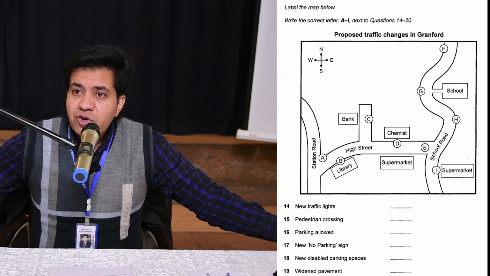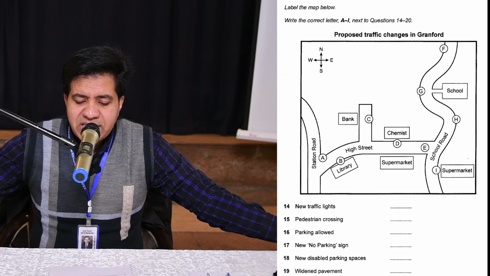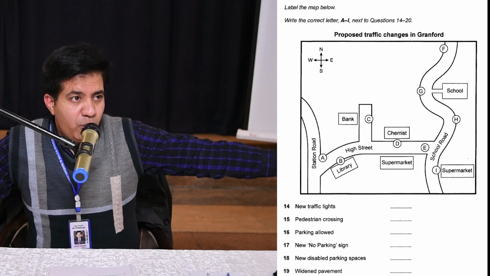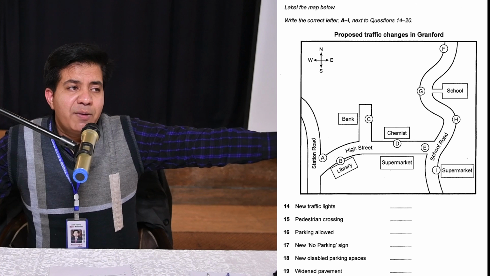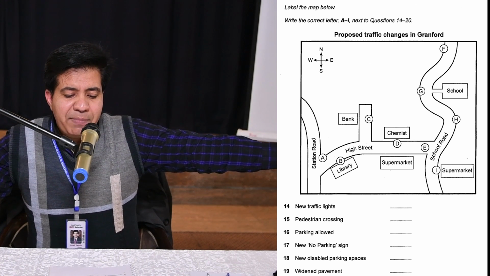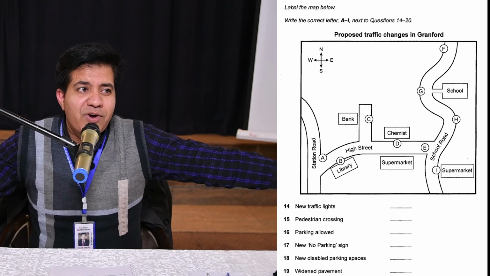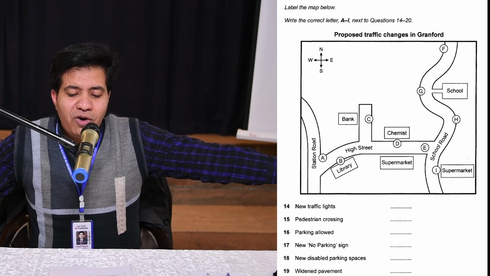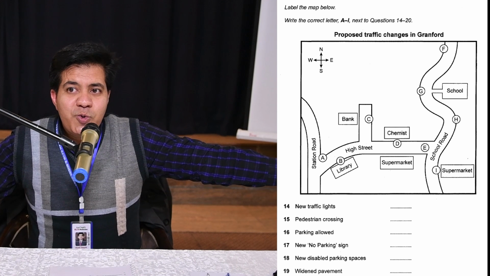We have Station Road, we have High Street and we have School Road. So first you will take a look at the roads that, okay, if he says anything about Station Road Junction, it's A. If he says anything about High Street in front of the library, B. If he says anything on School Road right in front of the school,